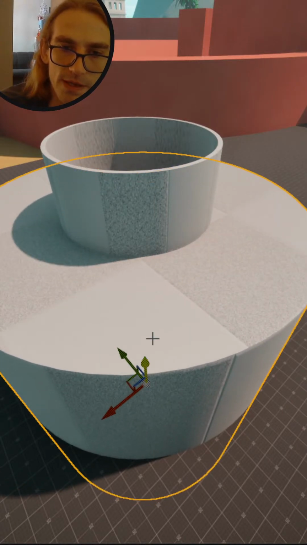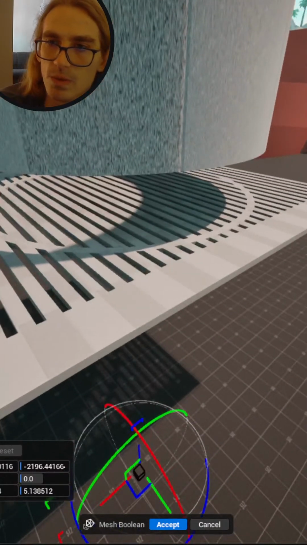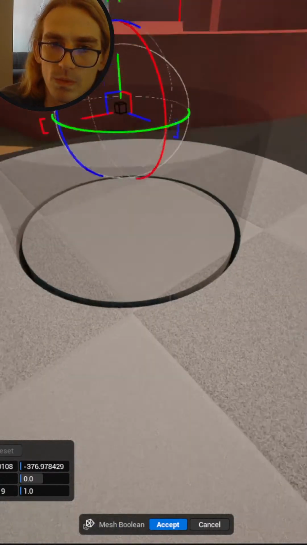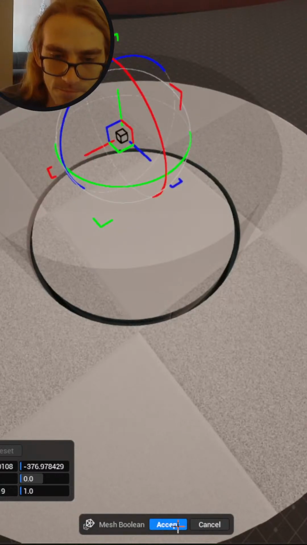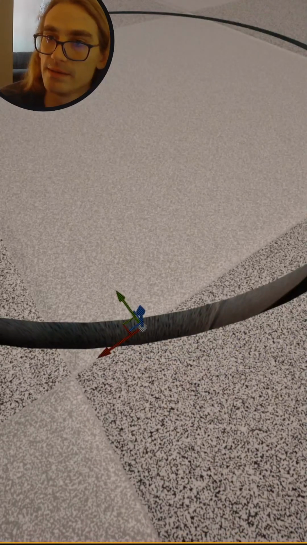So if I cut this, now I need to get rid of that